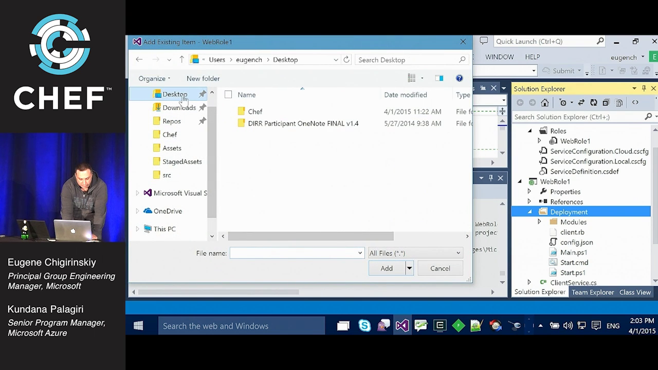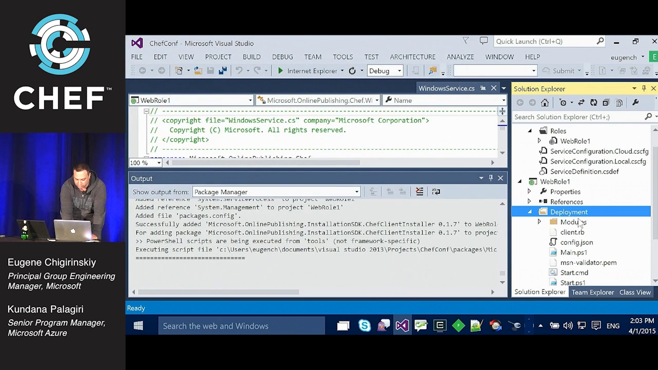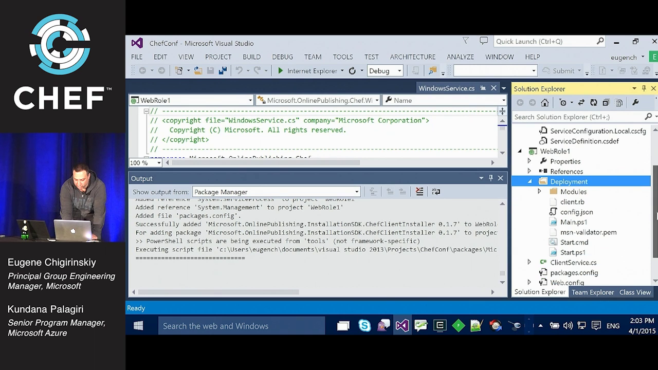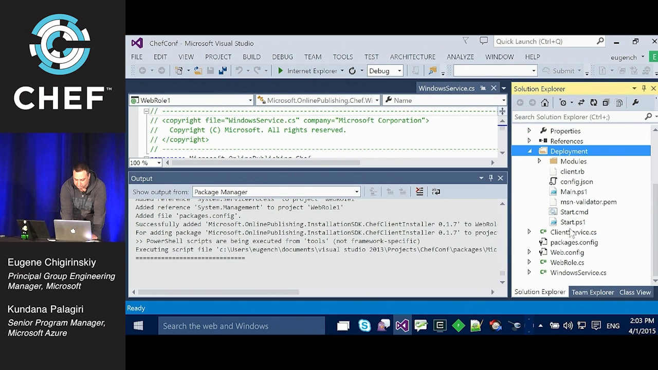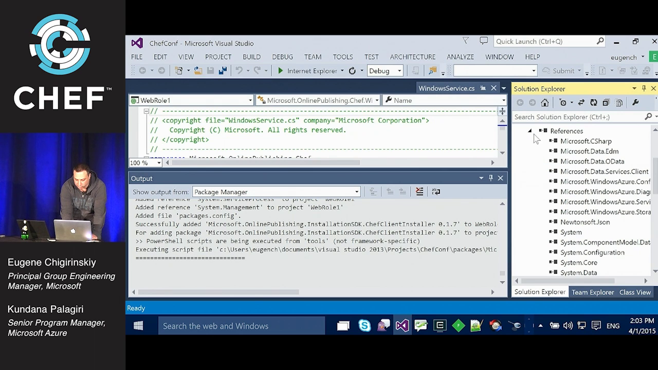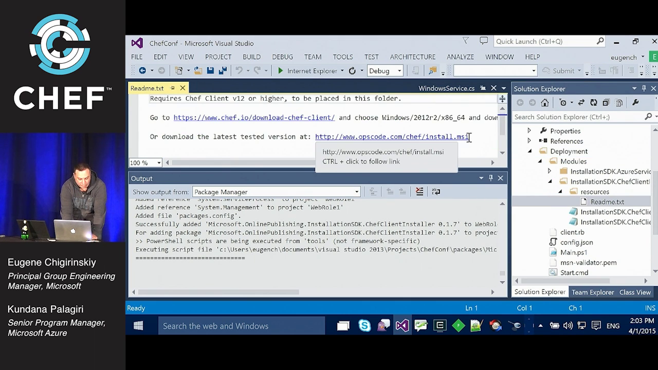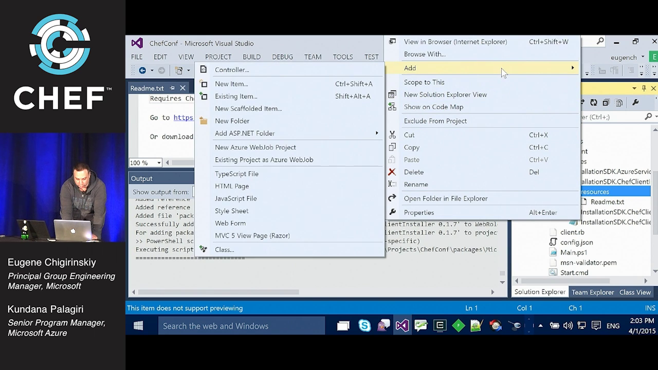So I have it here. And I'm using the one from MSN. Actually, that's the real one that we're using, but of course it can be yours. It should be yours. And another thing you need to bring is modules. So in resources, we even put a simple README file for you that actually says, hey, go download the Chef client. So this is what Chef provides. You need to bring